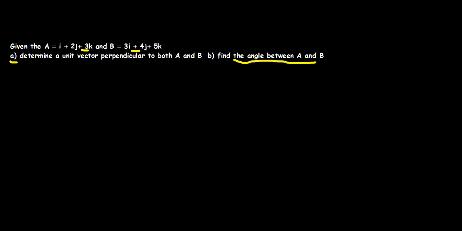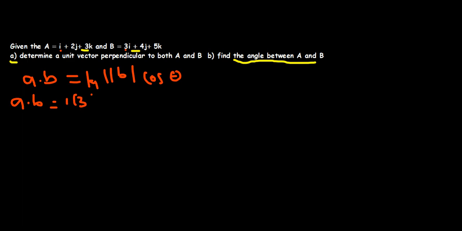Okay, so remember our dot product formula. We said A dot B is equal to magnitude of A, magnitude of B, and then cos of the angle. So we are finding this angle here. What are we going to use in order to find this angle? First of all, we are going to find A dot B. A dot B, we're just multiplying component-wise. So here it will be 1 on the i multiplied by the 3 on the i there. So it will be 1 multiplied by 3 plus,